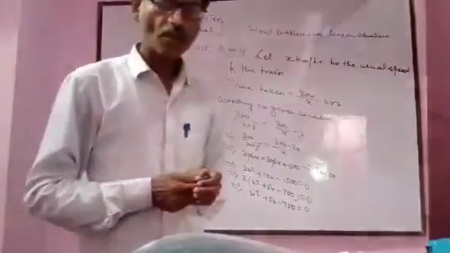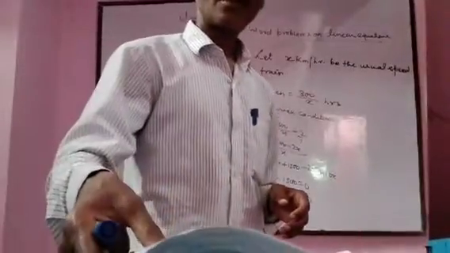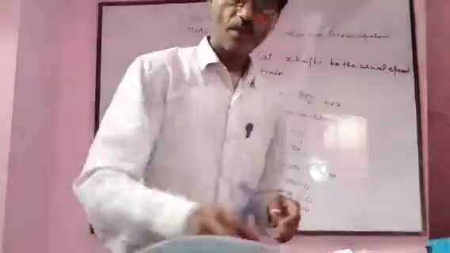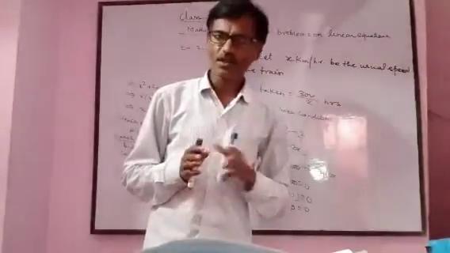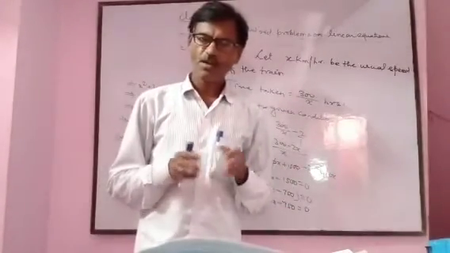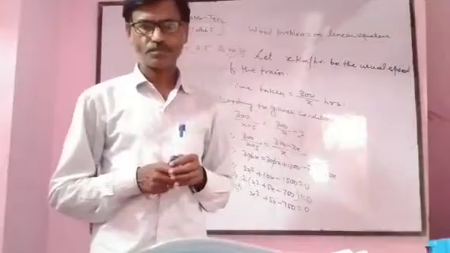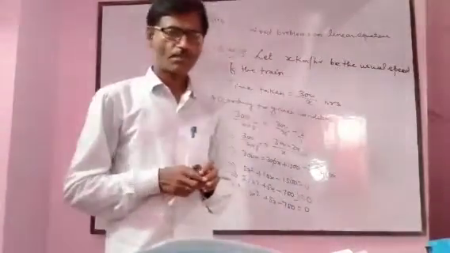Well, the question tells that a train takes 2 hours less to complete a journey of 300 km if its speed is increased by 5 km per hour. Then find the usual speed of the train.